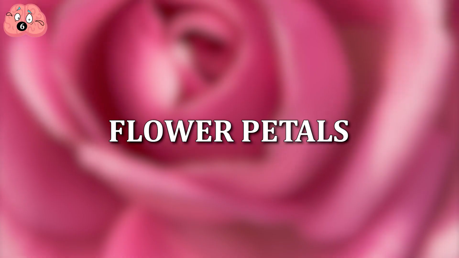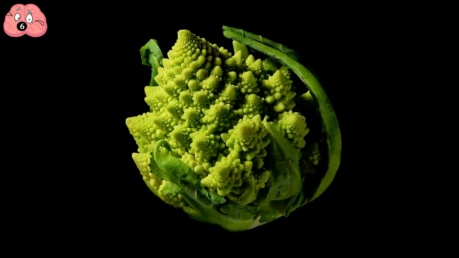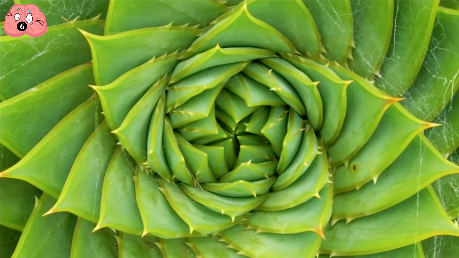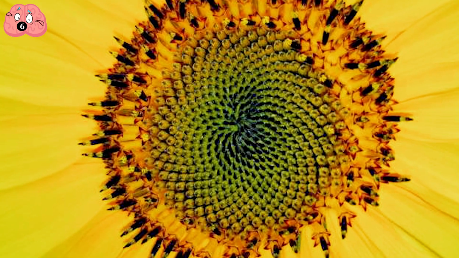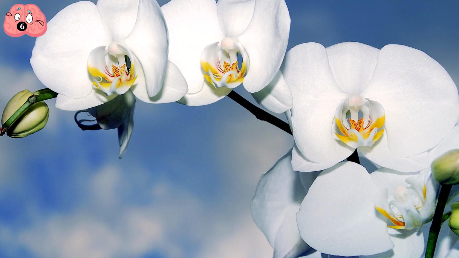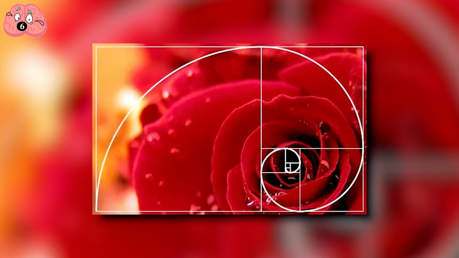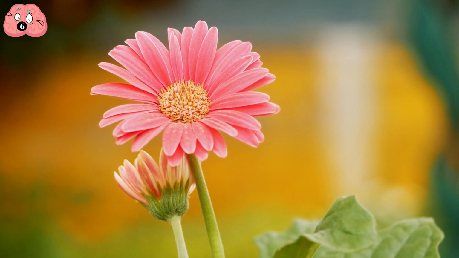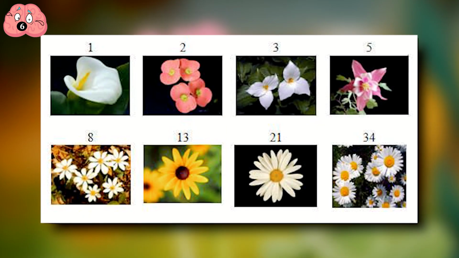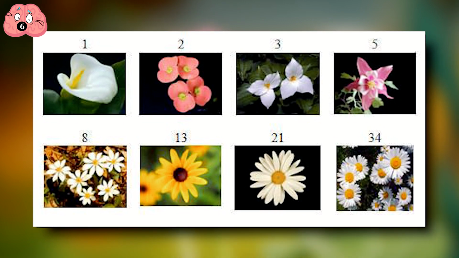Number 6. Flower petals. One of the most famous examples where the Fibonacci series and the golden ratio are seen in nature is within plants. The Fibonacci series can often be found in the number of seeds or petals in many flowers, and the golden spiral can be found within the shape of the entire flower. Many flower petals come in quantities that are Fibonacci numbers. For example, lilies and irises have 3 petals, buttercups have 5 petals, and daisies can be found with 34, 55,